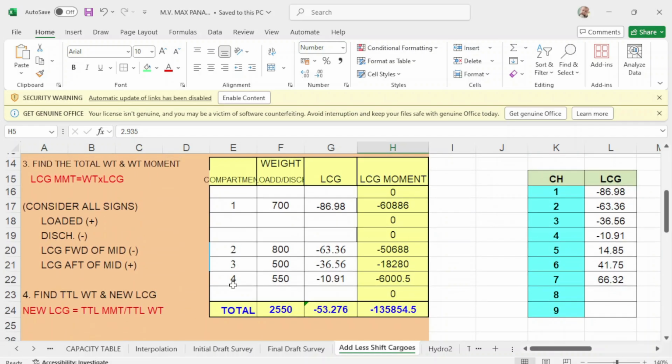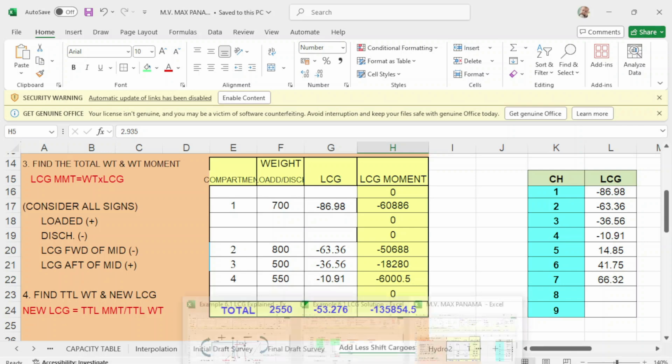Since in holes 1, 2, 3, 4 these are the cargoes, and this is your LCG moment. So LCG moment divided by your weight, that will be your new LCG. This is the new LCG, which is negative 53.276.